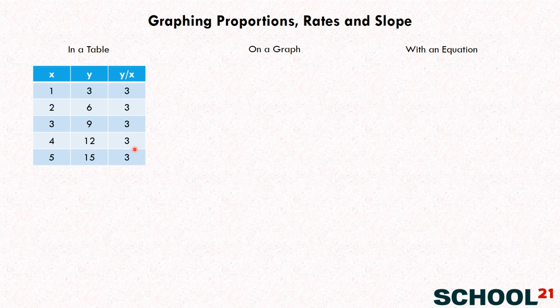It's always 3. So 3 divided by 1, 3. 6 divided by 2, 3. 9 divided by 3, 3. Okay? That's a particular kind of relationship, and it's called a proportional relationship. Okay? Okay. So keep that in mind as we start to look at a graph of this exact same proportional